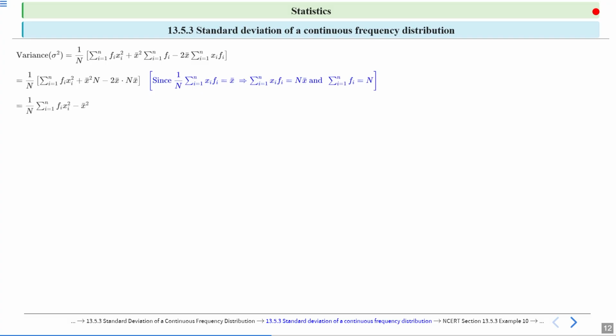And this is equal to 1 divided by n of sum from i equal to 1 to n of fi times xi square minus x bar square, and this is simply equal to 1 divided by n sum from i equal to 1 to n fi times xi square minus sum from i equal to 1 to n fi xi divided by n whole square,